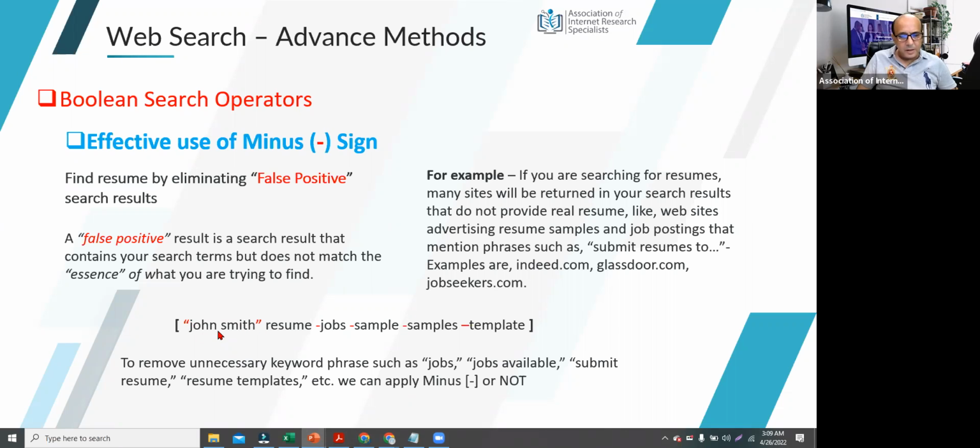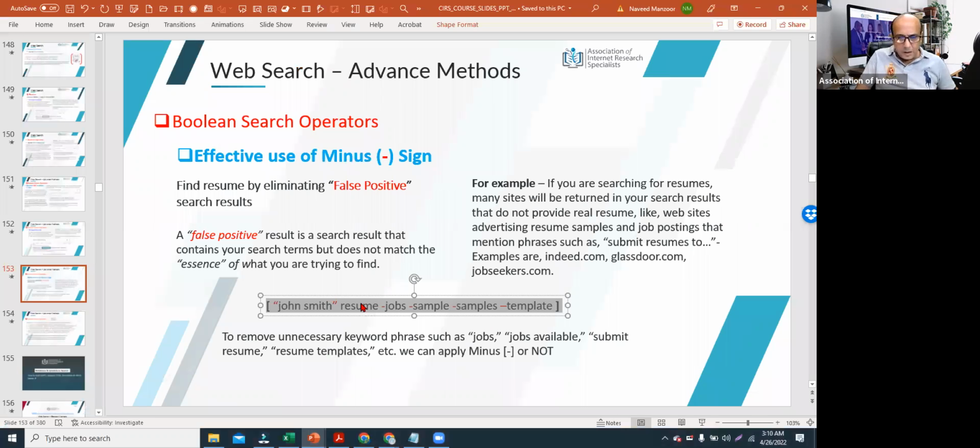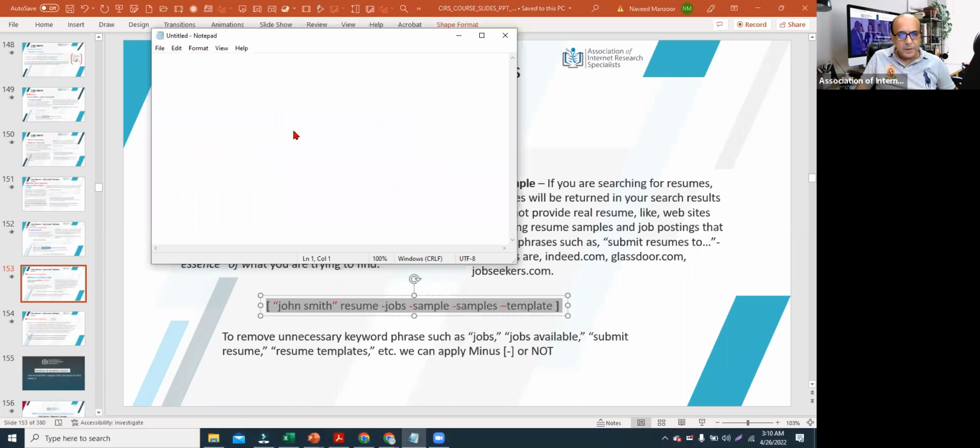And if you look at it carefully, the search query says John Smith, resume, and then it is asking the search to eliminate the word jobs, the word sample, the plurality of sample, which is samples, and then the word template needs to be also not included in return results. Now, all these minuses that we put here right next to the search term is explained even better when I copy it and paste it here and show you that